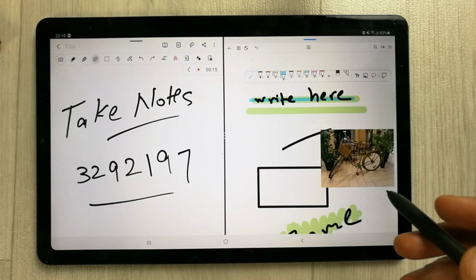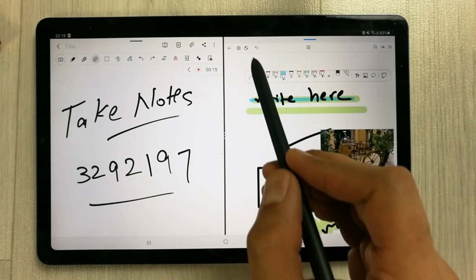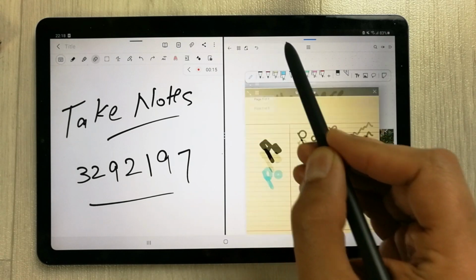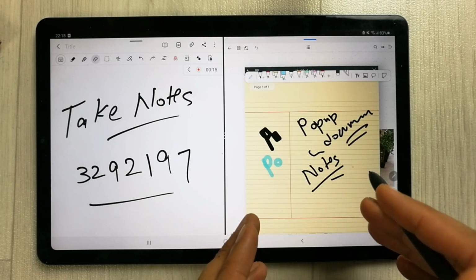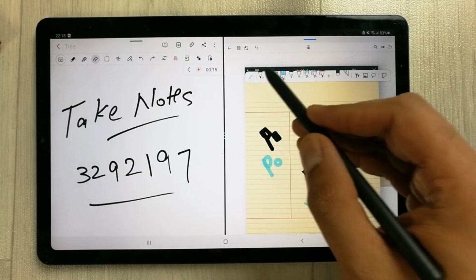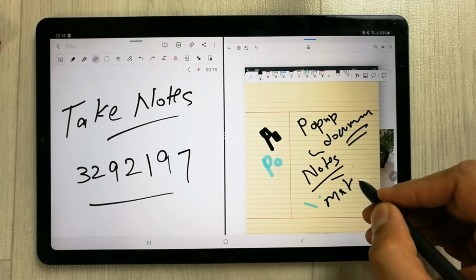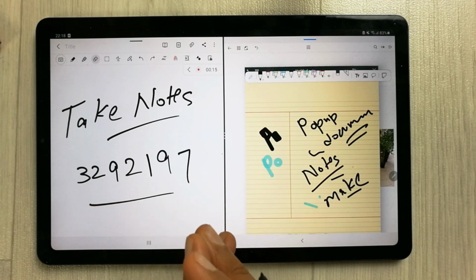And the last feature that Flexcil has is the pop-up document option. So you can see over here, just select this icon and a new file will open, a new page will open, and then you can also use this, okay, to make your notes. Okay, so this is a really cool feature that Samsung Notes doesn't have.